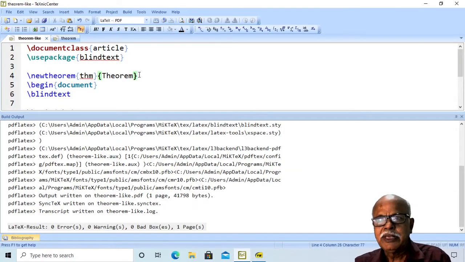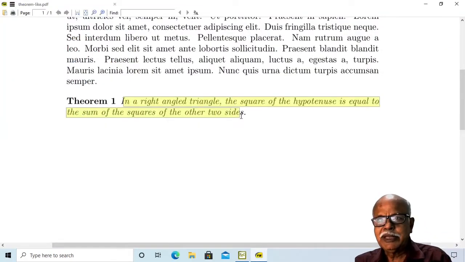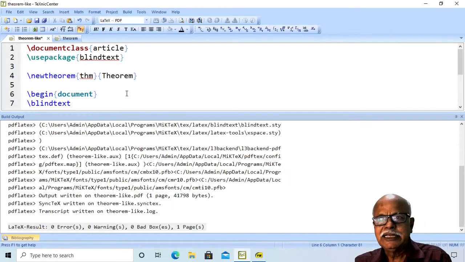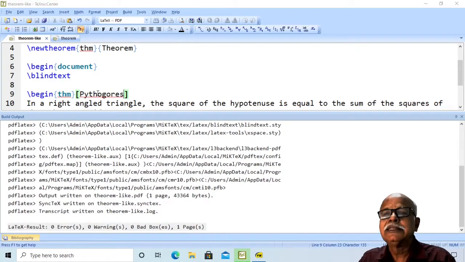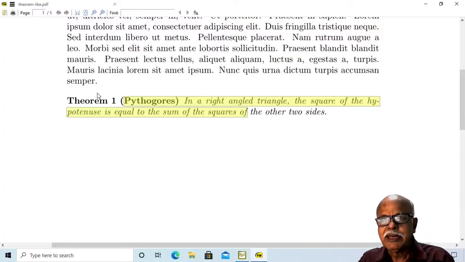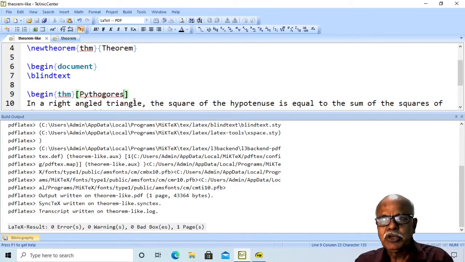Now, suppose you remember this statement is due to the famous mathematician Pythagoras. Then you can add this here. Remember, just because this word appears in parentheses in the output, you should not put parentheses here.